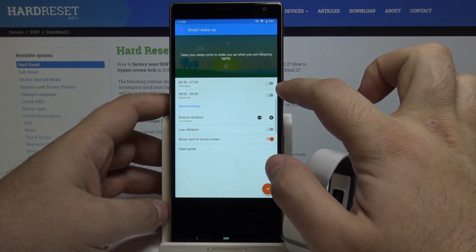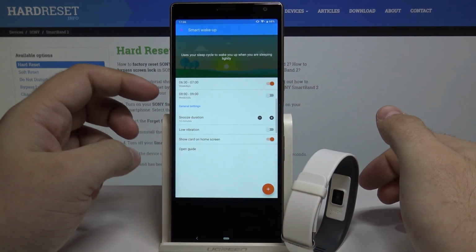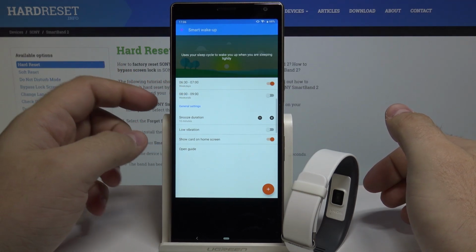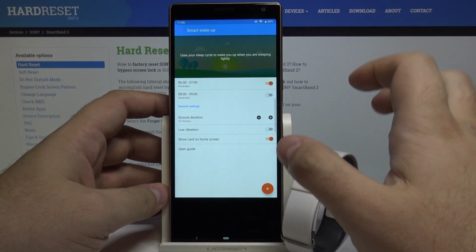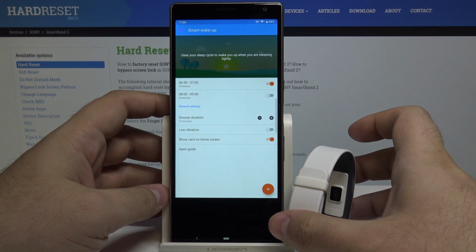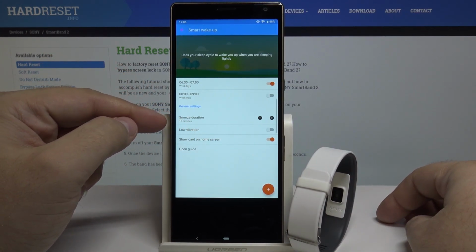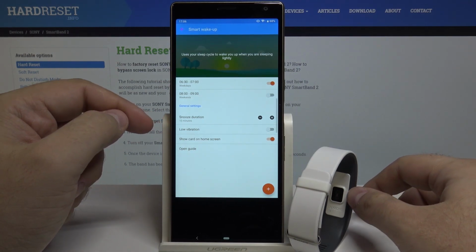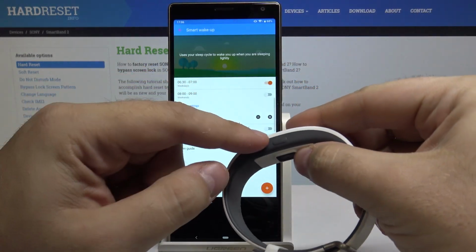So let's select, for example, that we want to be woken up during the 6:30 to 7 a.m. on weekdays, and that's when our SmartBand will start vibrating and waking us up. You can also select the snooze duration, so once you press the button on your SmartBand,